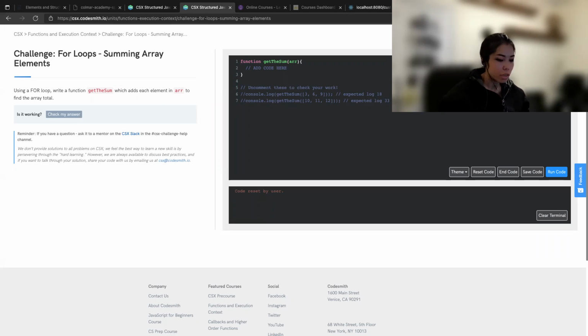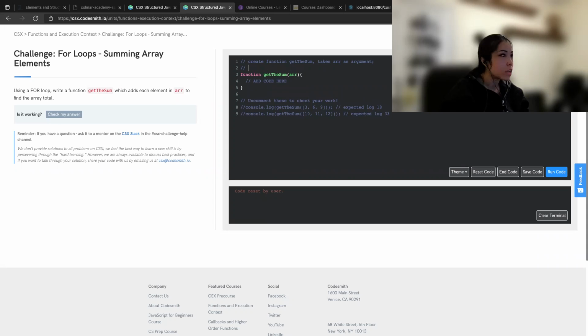So first we're going to create a function getSum that accepts an array as an argument, and we're going to return